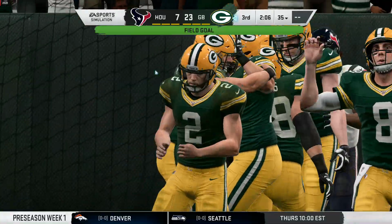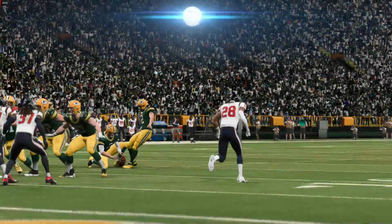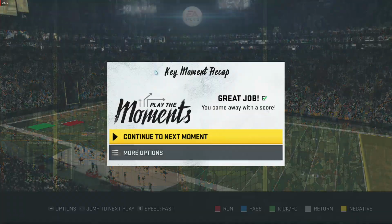And the 12-year veteran knocks it right through, and that will swell the lead to 16. So put another 3 on the board. All things considered, a good...